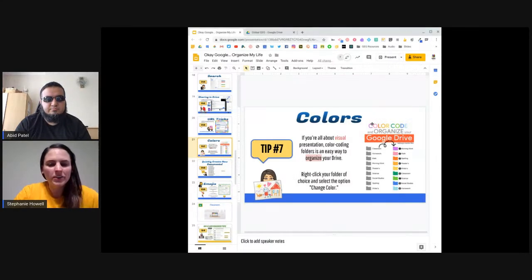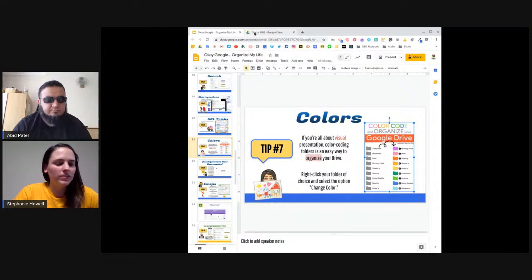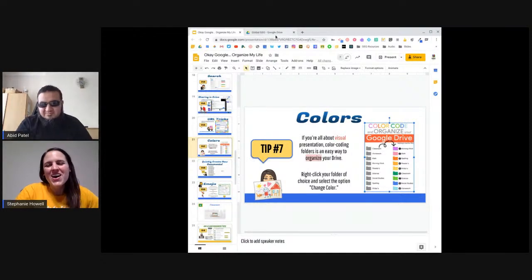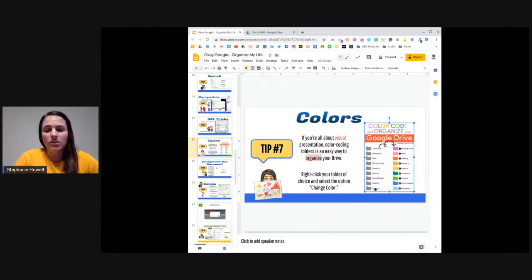So now we're going to talk about colors. I love, again, grid view, team grid view. Hopefully the chat goes wild. But you also need to add colors onto your Google Drive. So you can see over here, boring, they're all gray. And now you can add all these fun colors to make it quick and easy to find your folders or what you're trying to look for.